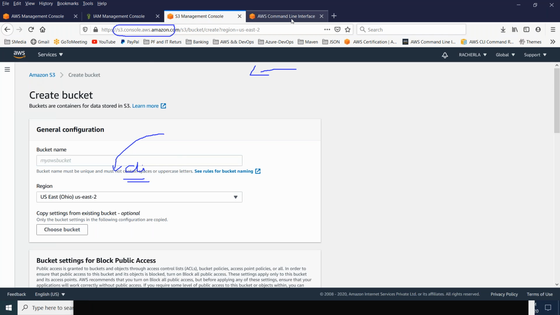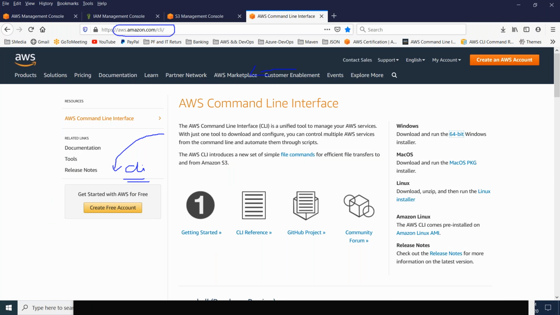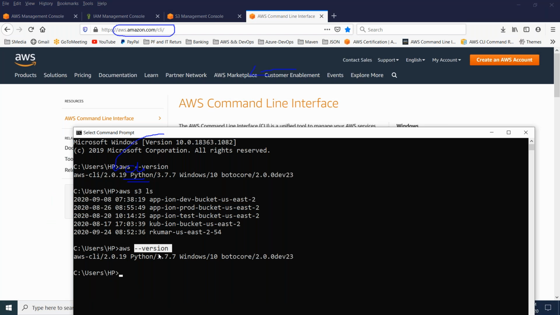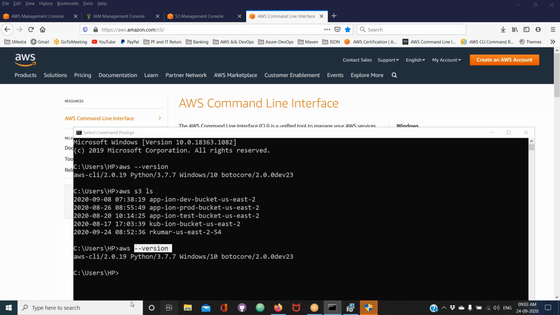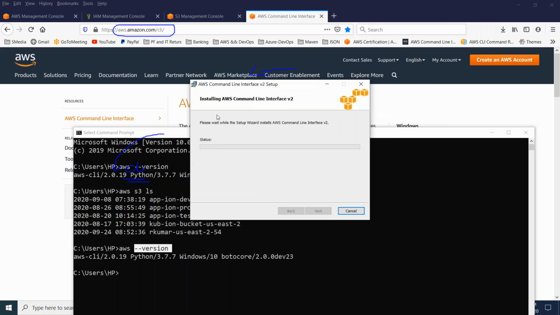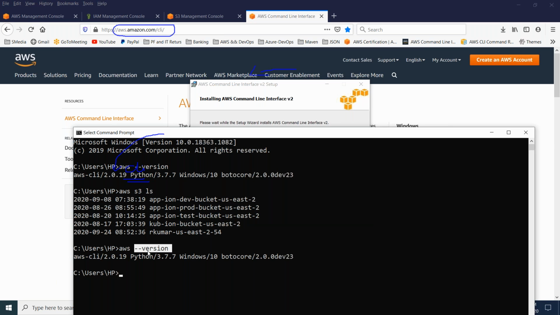So people, two tasks. One task is to install your AWS CLI. Make sure that gets installed and that you have your AWS CLI version running. After that, if you just type in this command, you don't even need to set the path. AWS will set the path for you, and once you run this, it will respond. So two things, people: create a sample bucket for yourself for practice, and